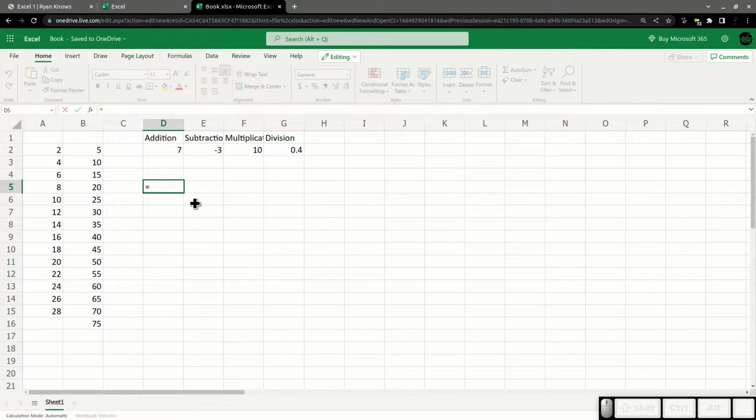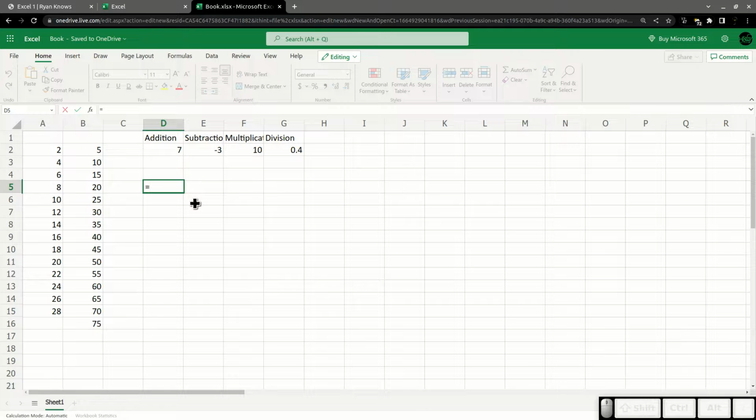We can get way more complicated with this. That's just a single operation in each one, but we can do as complicated of an operation as we want, and Excel will follow the order of operations.